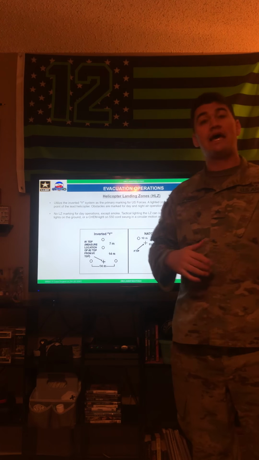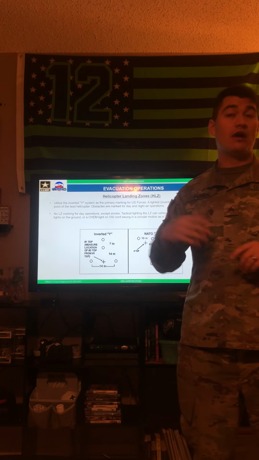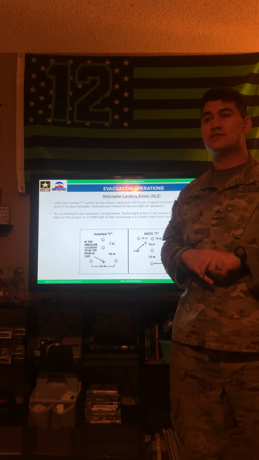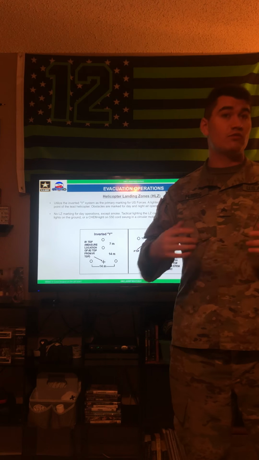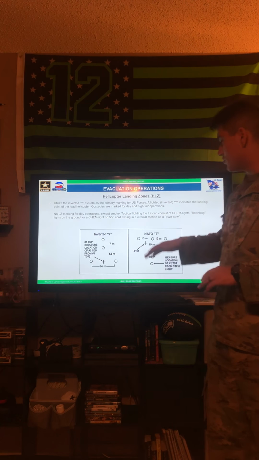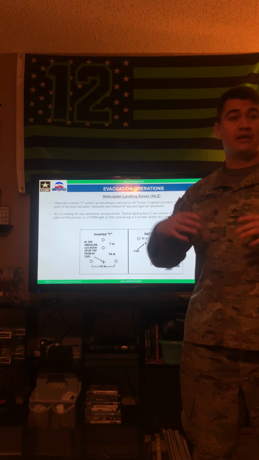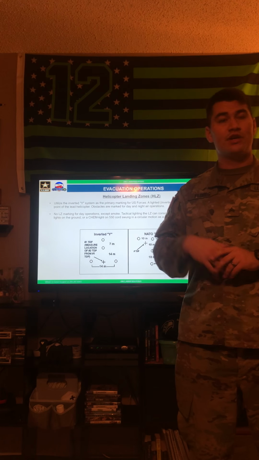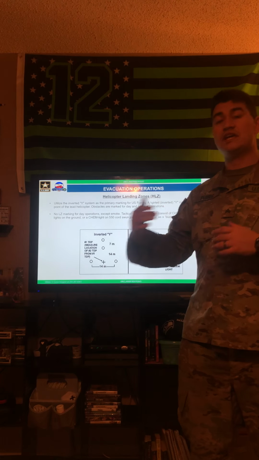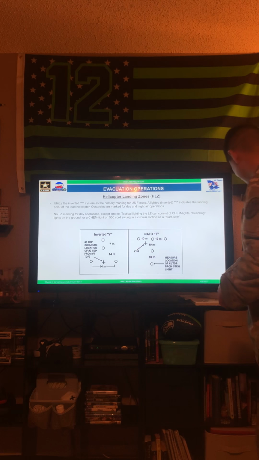So an HLZ, a helicopter landing zone. Primarily this is going to be used when we have air assets. Air assets are very essential, definitely when we're evacuating casualties. Depending on whether you're using an inverted Y or a NATO T, there are different ways that we'll set up where the bird is going to land. We can use chem lights, or we can use infrared lights, smoke, anything like that. And so, for example,